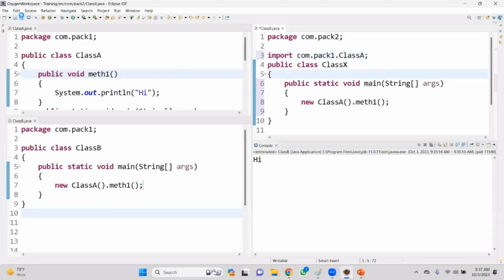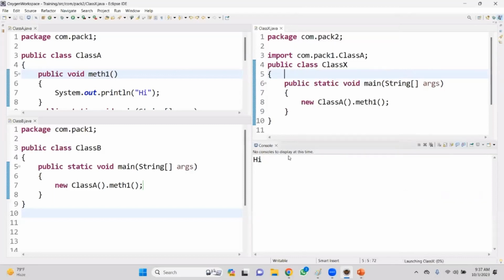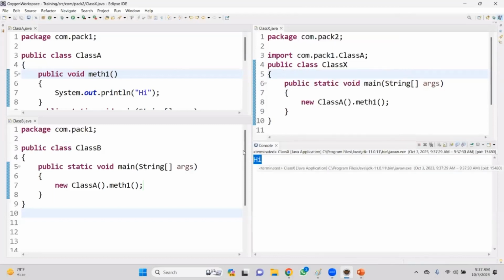Now, let me just try to save it. Now, right click, run as Java application. And yes, we will be getting our output, that is hi. That's fine. That's cool. Nice. Okay. Now,